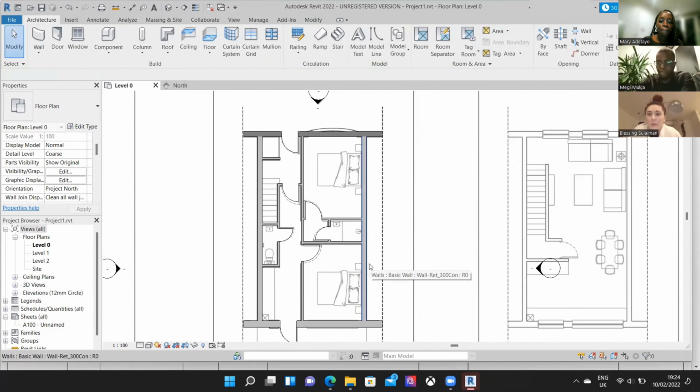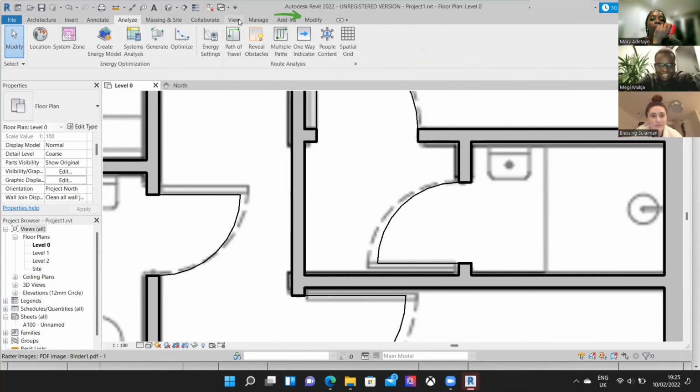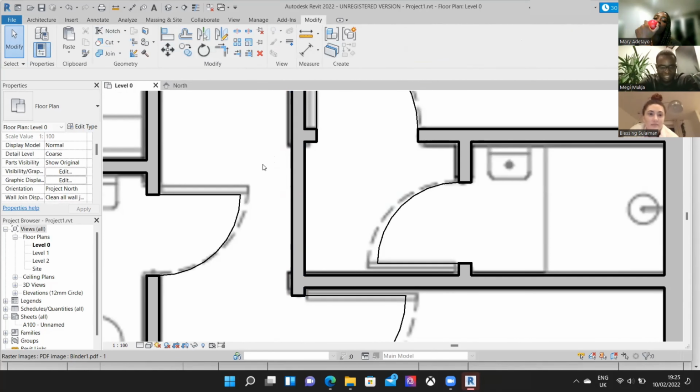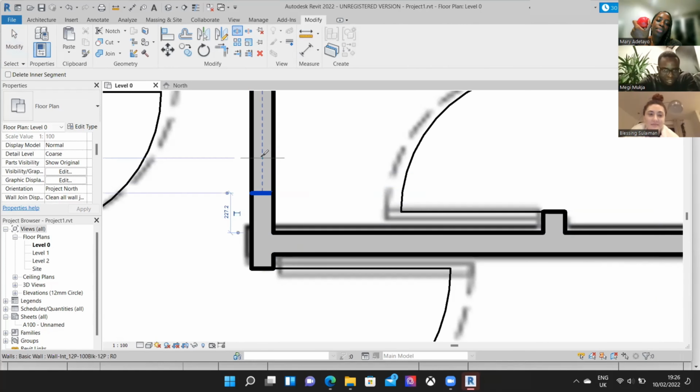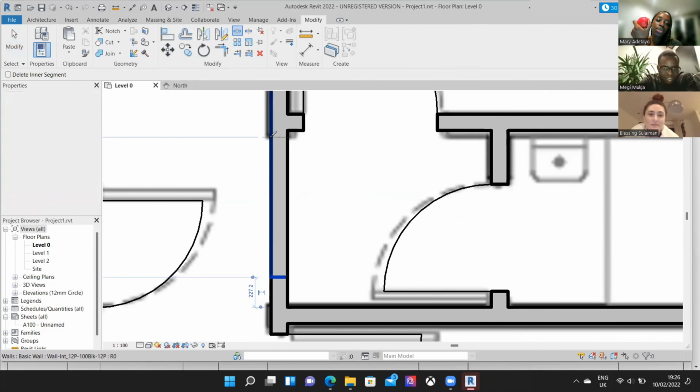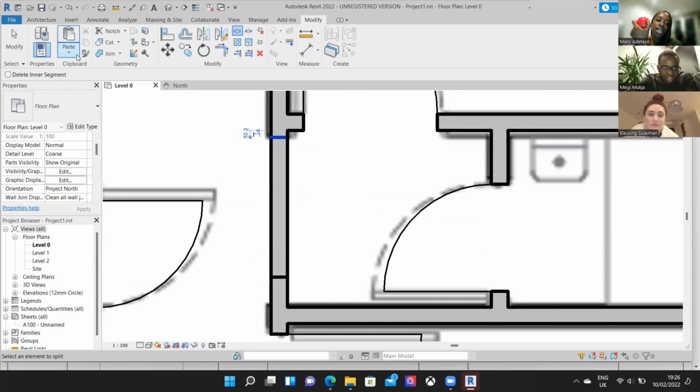So between bedroom 1 and bedroom 2, there should be an opening there. Modify, slice, so it's SL. Yep. And then again, to make an opening, yep. And select escape,